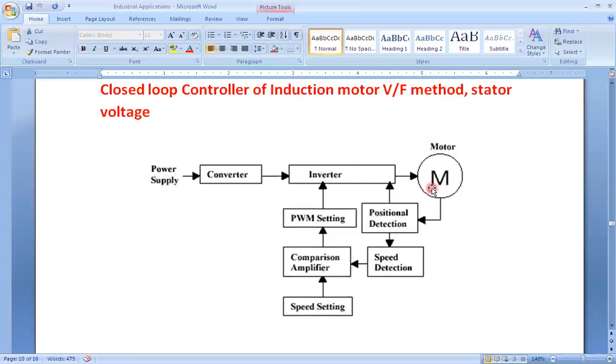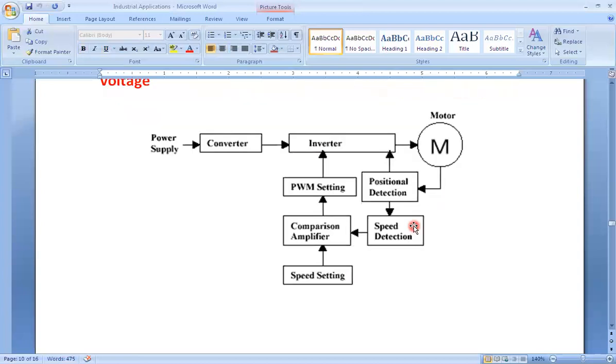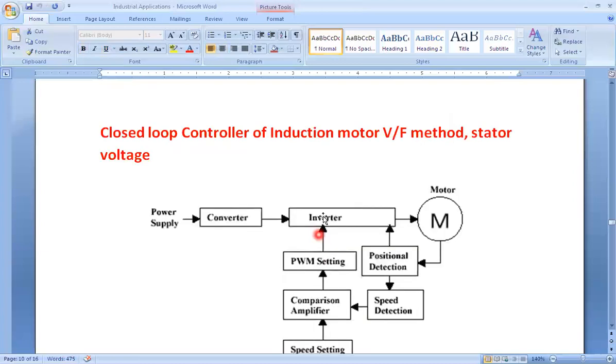So again, let's say the desired speed is 1300 rpm. But here the speed of the motor, let's say, is 1200 rpm, right? So this 1200 rpm that we detect, and here it is 1300. So 1300 minus 1200, that is plus 100 additional rpm that we need. So we have to create a higher frequency, so that we will set the operating point at a higher point. So design this PWM according to this and trigger these pulses to the inverter. So this is all about the closed loop control of three-phase induction motor.